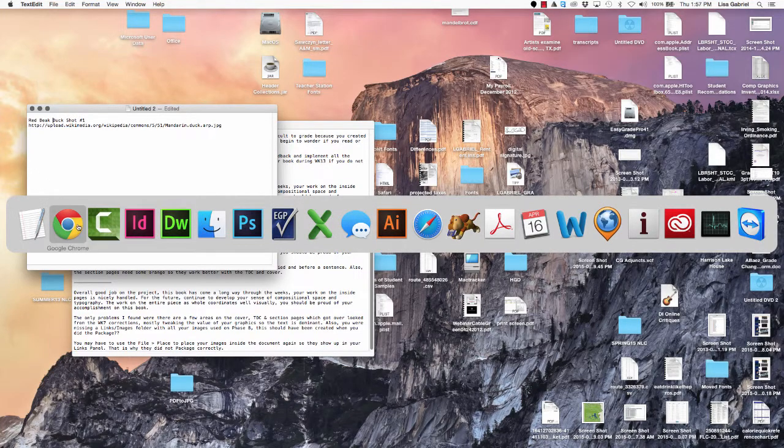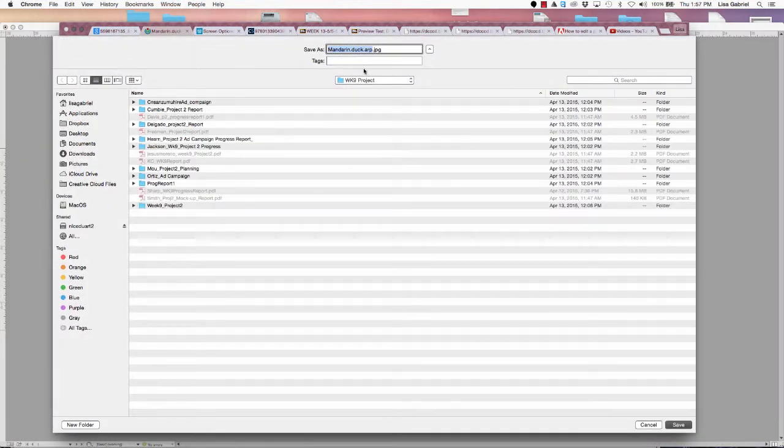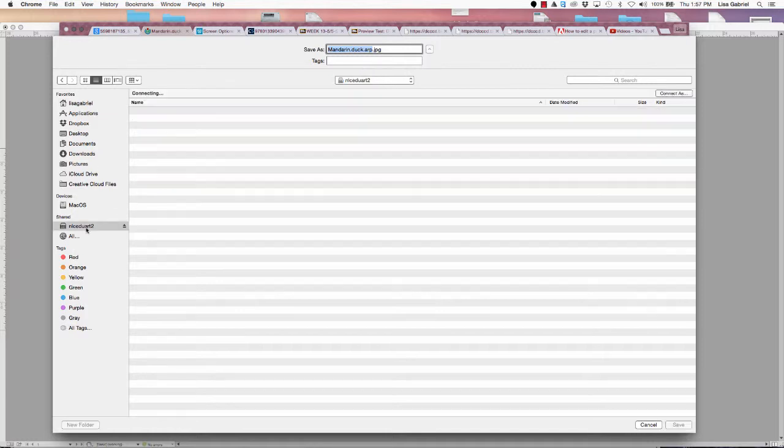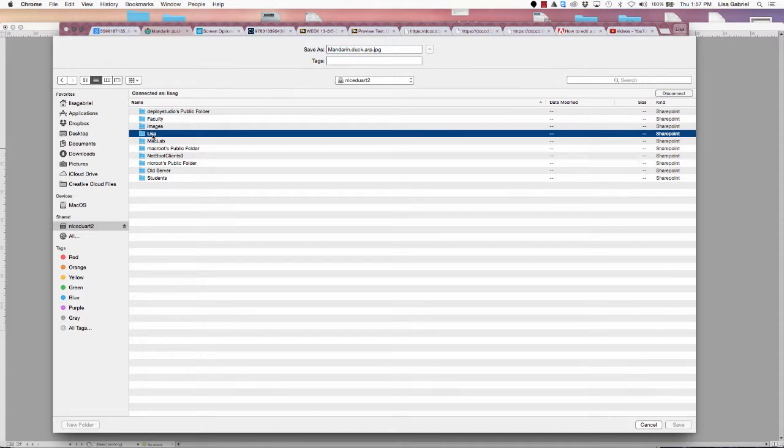Okay, so let's go back to here. Okay. So now at this point, what I would do is I would either right mouse click on the image and do a save as, and this window will come up. Now, at this point, you should save your file into your organized project area. So in other words, if I go into the testing area where I create all these demonstrations, which is actually on my desktop